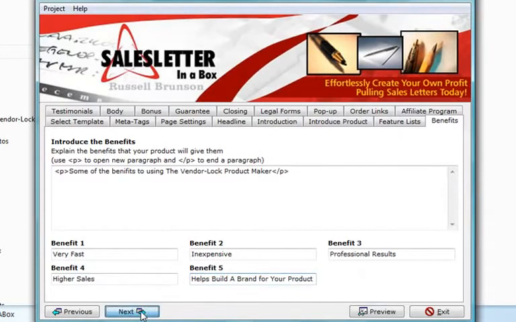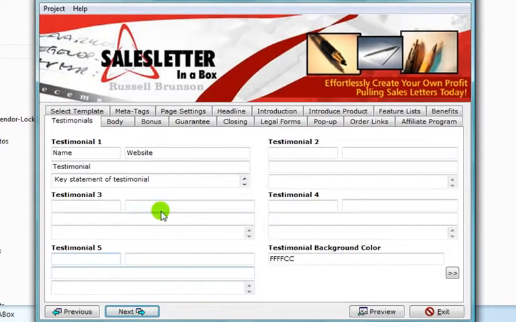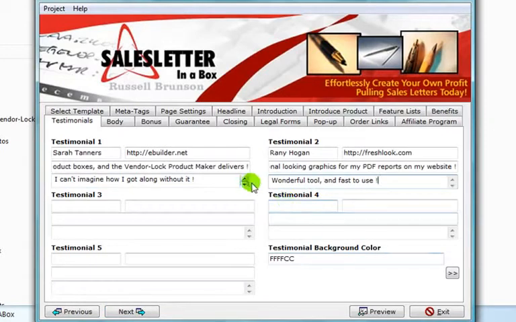the next button again, and we'll take you to the testimonials page, where you can go ahead and plug in some testimonials that you might have from people that have bought products from you. You could stick in email testimonials. Somebody may have emailed you and complimented you on your service or your product. Go ahead and stick that in here. Okay, so just fill in as many as you want. I'm just going to go ahead and fill in a couple. Okay, now once you've plugged in a couple testimonials, you can go ahead and hit the next button, and